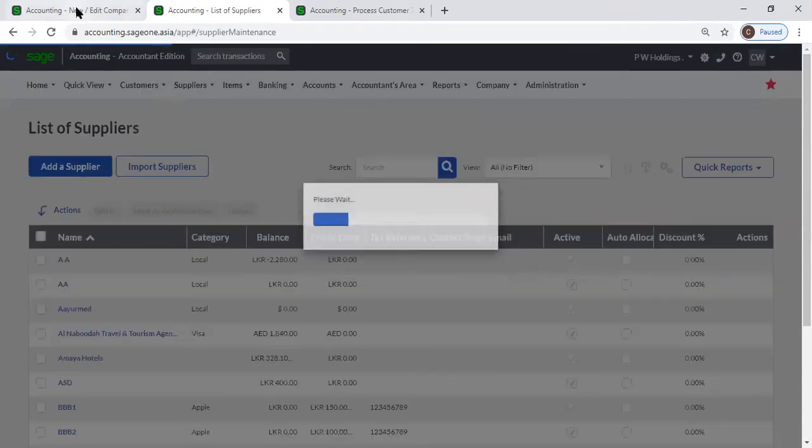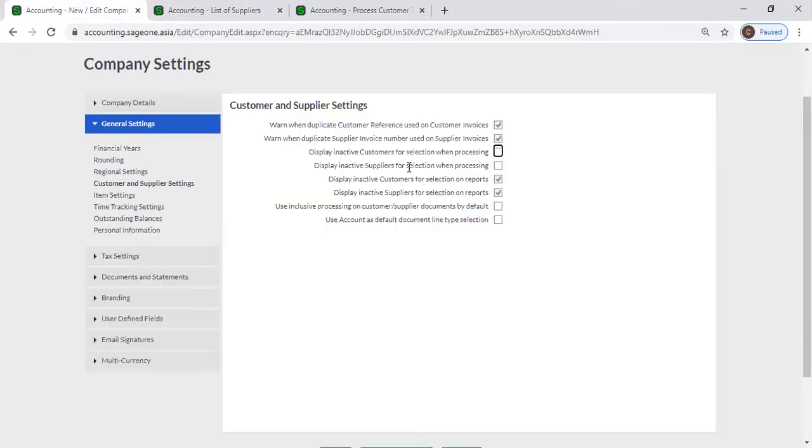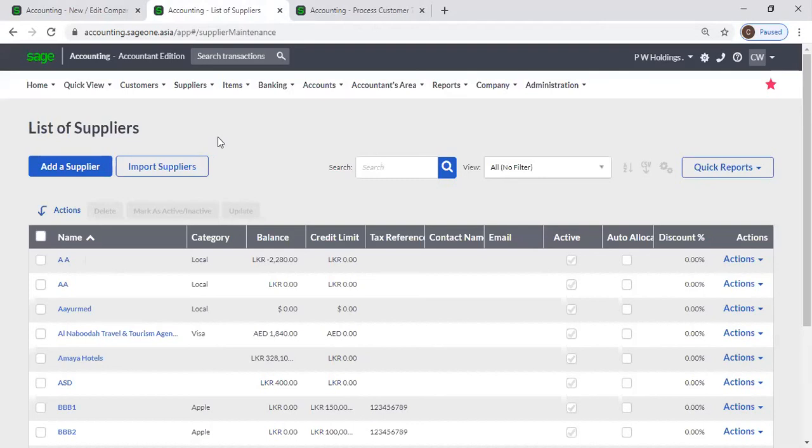From this fourth option, you can set those display inactive suppliers for selection when processing. If you untick this option, those inactive suppliers are not shown for supplier transactions such as supplier invoices and supplier purchase orders. Those transactions you cannot